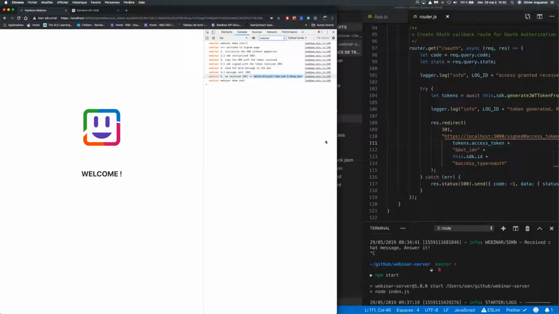So in fact, with these two demos, you will see that I never use the application secret on the client side. I keep it on the server, and so I show you that using these two methods, you can secure the way users will authenticate in your application. So that's all for the demo part. Now I will open again and continue the presentation.